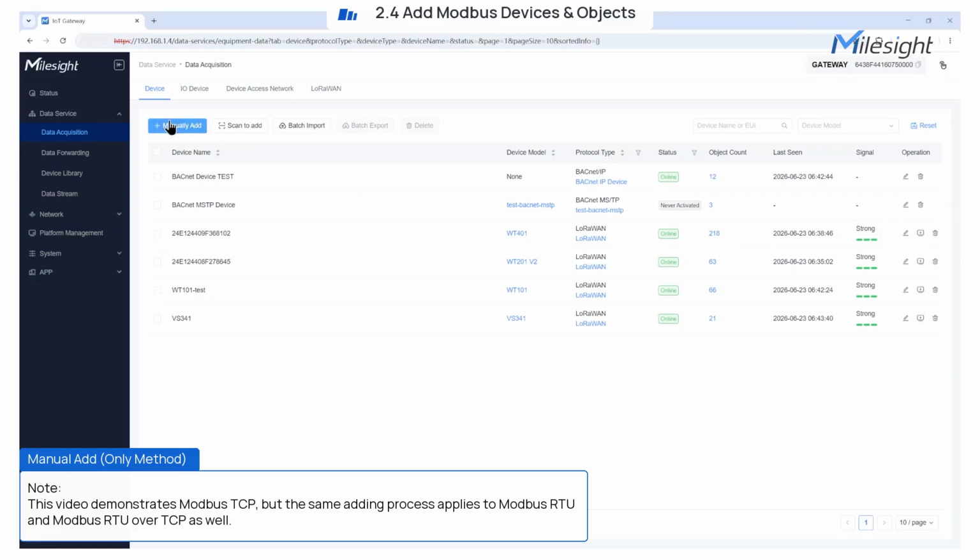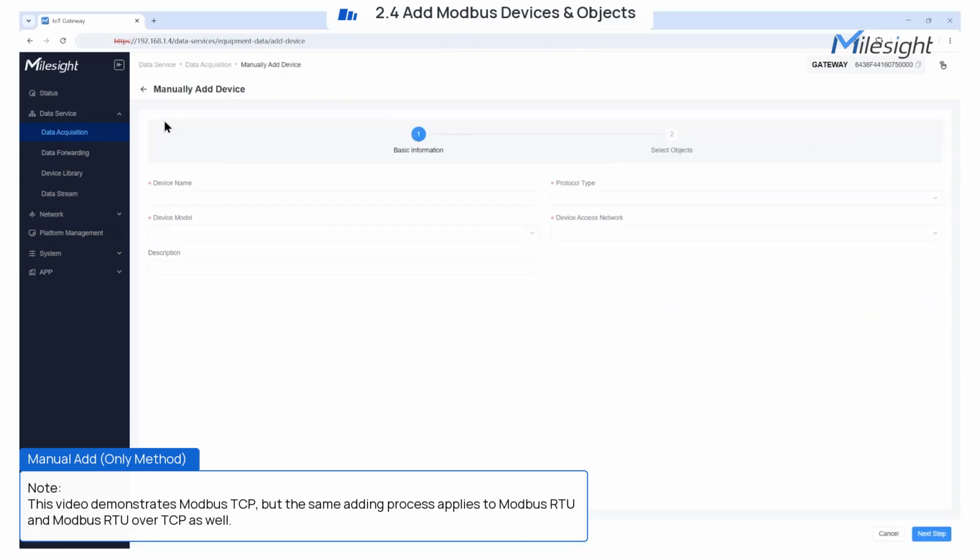Now let's look at Modbus devices. For Modbus, Manual Edition is the only option. Name your device, choose Modbus TCP, Modbus RTU, or Modbus RTU over TCP as the protocol type. The required fill-in content is a little bit different. Here we add a Modbus TCP device as an example, filling in the required information based on your device and